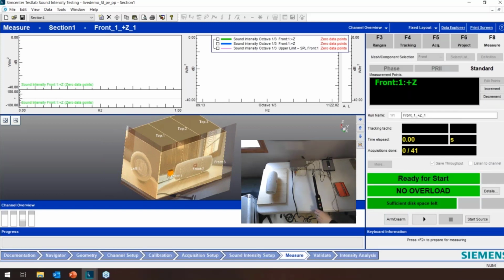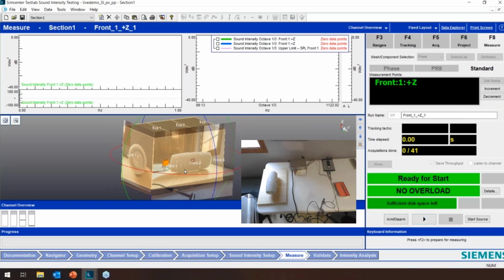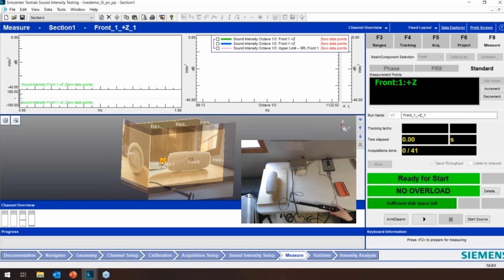Okay. And this might be loud, depends on where you are. I'm going to turn my speaker on real quick. And I've got some white noise I'm going to play out of it. Yeah, it sounds good. Perfect. It wants me to start on this little node here. So I've got my space marked out. This little black dot I'm going to align it with. And I'm going to start measuring there.